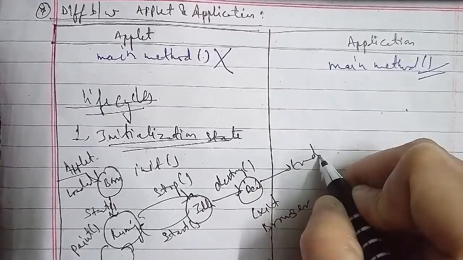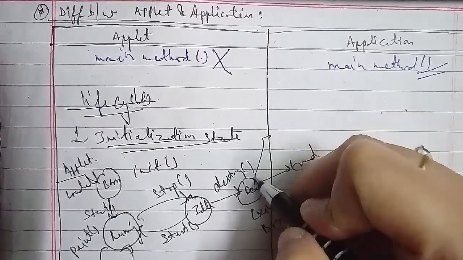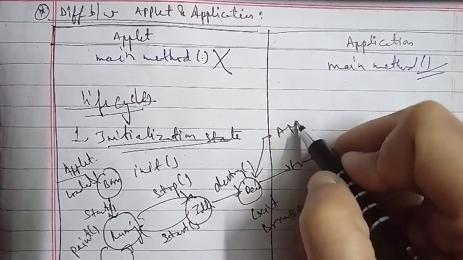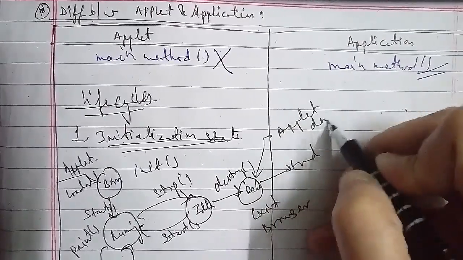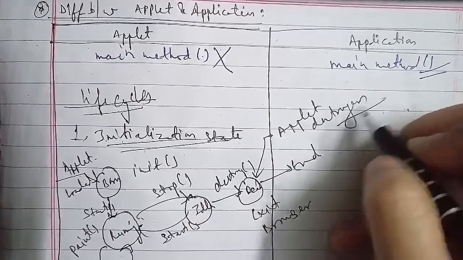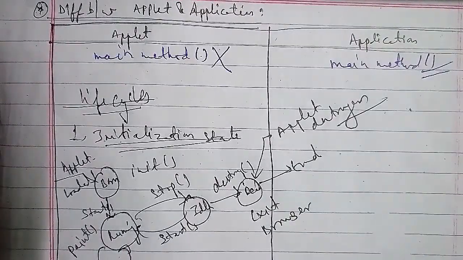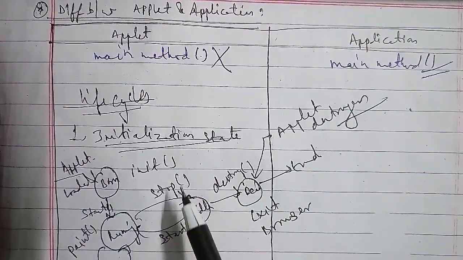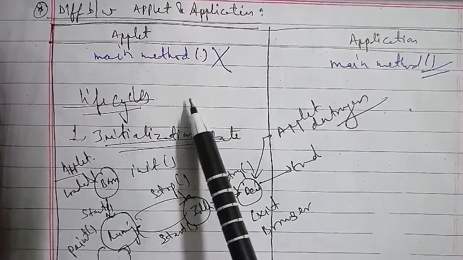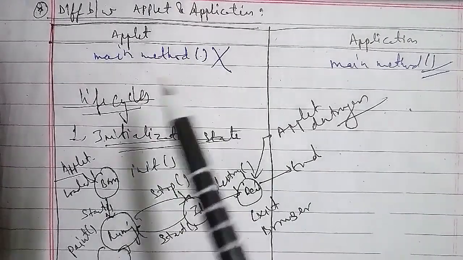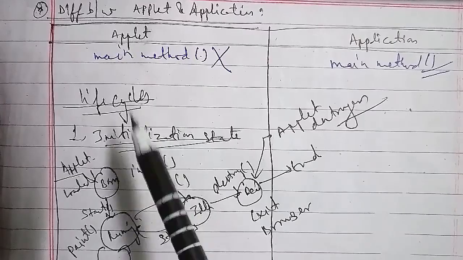In this method, various initialization tasks can be performed, such as, first, creation of the objects needed by the applet; second, setting up the initial values; third, loading of images; and fourth, setting up of colors as well. This is the first step. For the second step we have the running state.